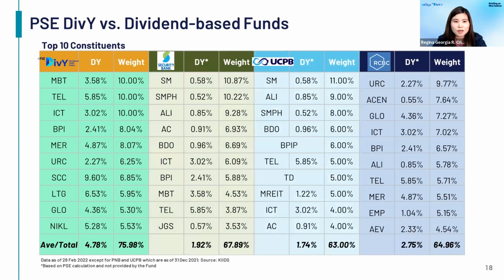We thought that in the absence of a dividend index as an available benchmark, funds still use the PSEi as benchmark for their indices. So the tendency would be to try to track or outperform their benchmark, even if they sacrifice the dividend yields. So with the launch of the PSE Dividend Yield Index, we hope that funds would be more encouraged to choose more high dividend yielding stocks.